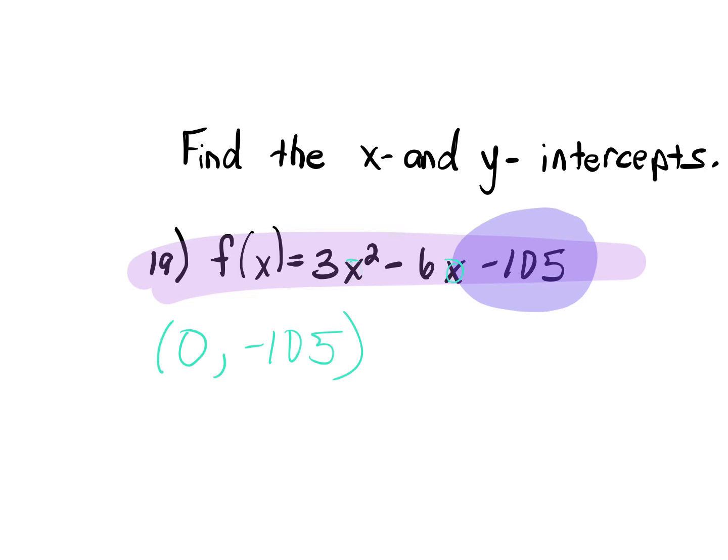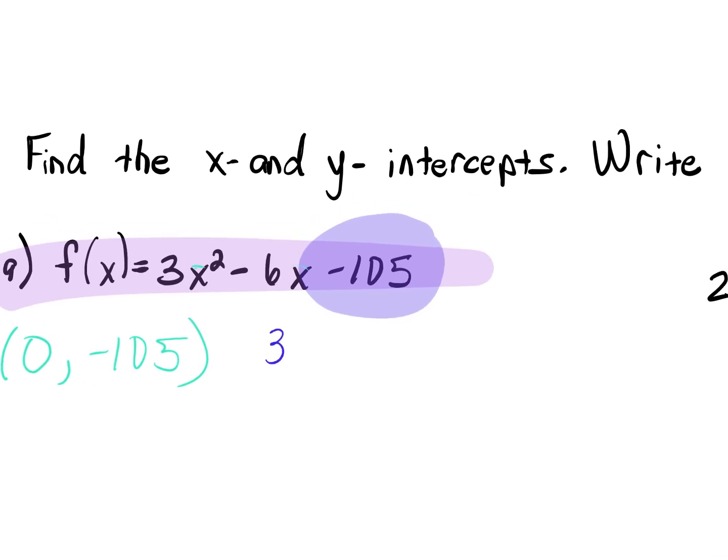Now, in order to find the x-intercept, guys, you're plugging in 0 for y. So what you're saying is 3x squared minus 6x